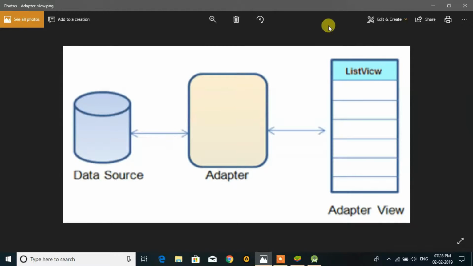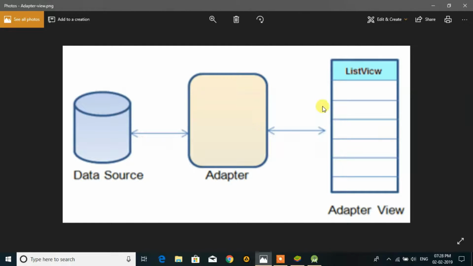Today we are going to learn the use of adapter in spinner and list view. By the help of adapter, we will learn how to create a spinner, how to add information or data in a spinner. Later on, we will also make a program in which we will add some data in list view, and then we will make a custom list view also. But before starting these, we have to learn about the role of adapter.